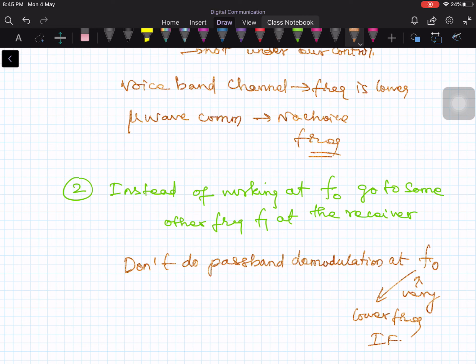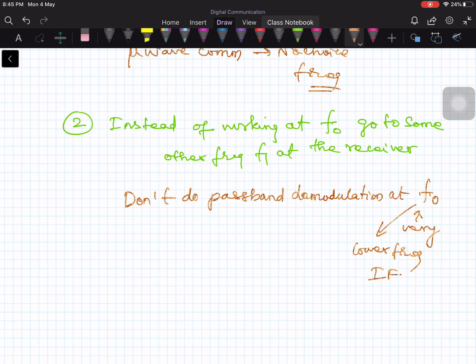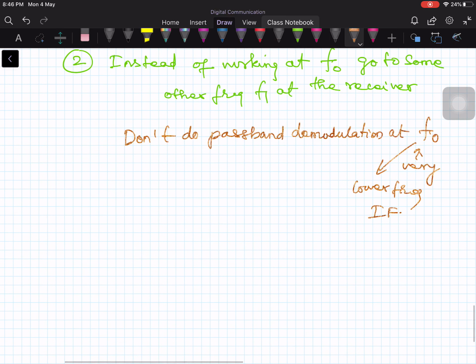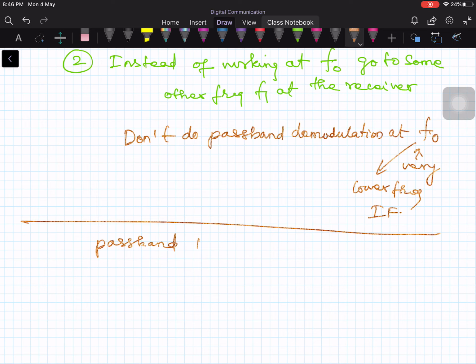So first bring f0 to a lower carrier frequency, so that the sensitivity to timing error reduces to some extent. Of course you cannot remove it completely, but to some extent you can eliminate this timing error problem. Instead of working at very high frequency, you bring it to some lower frequency. That lower frequency is called intermediate frequency. Of course you are not exactly solving the problem, but you are passing on the problem to somewhere else, that's it. So the next type of demodulator is the IF demodulator, that is a passband binary phase shift keying demodulator.